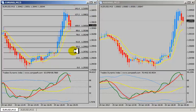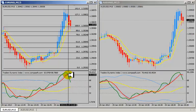Better yet, take a look at the Trader's Dynamic Index. When you have that green line way up high, near the 90 mark, and you have it outside the blue volatility band to the upside, when it starts turning over and starts breaking, the green line breaking the blue, breaking underneath the red, right in this area, there's a potential here to actually sell and catch the move back